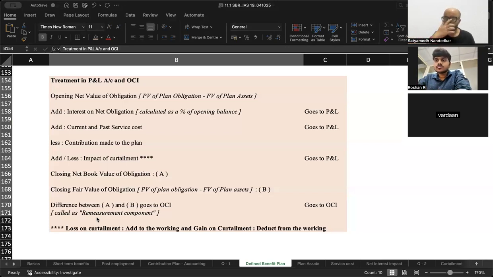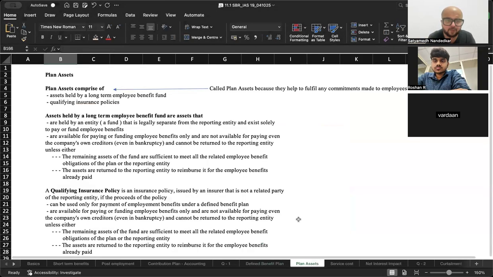There's a question not in the exam kit, but in this sheet there is a question on the past service cost element. Now, what are plan assets? Plan assets are basically any assets in which a pension fund invests its money so as to meet the obligations of employees. Now, the rules surrounding pension funds are very strict. Please understand why I say that. It's because that is not your money. That is somebody else's money that you have kept with you.